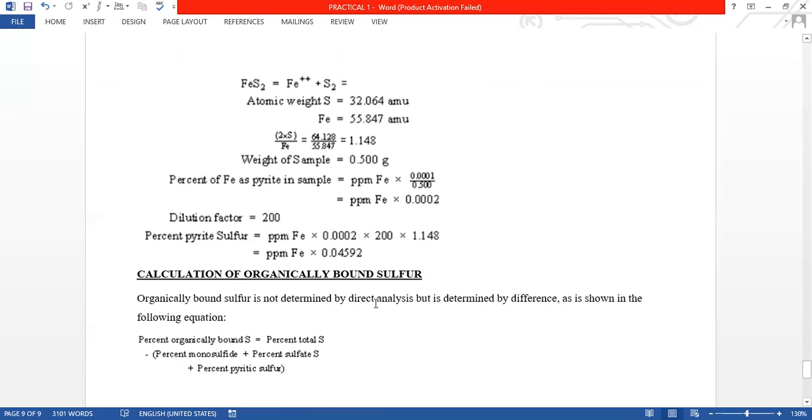This is the calculation of the organically bound sulfur. Percentage organically bound sulfur is equal to percent total sulfur